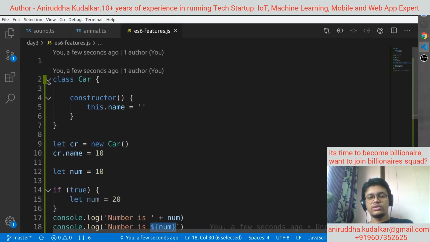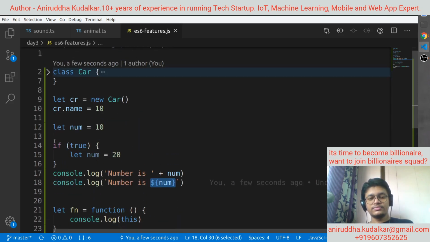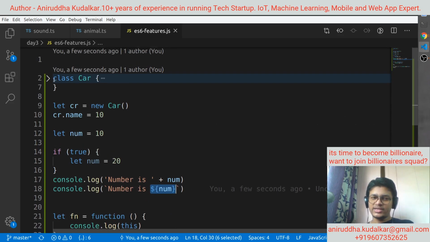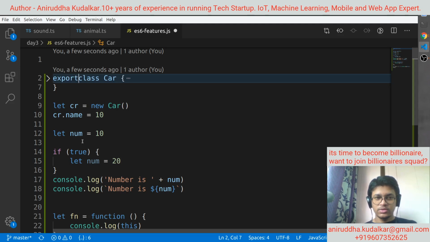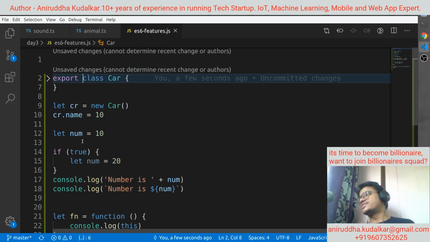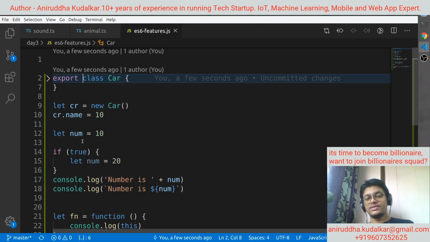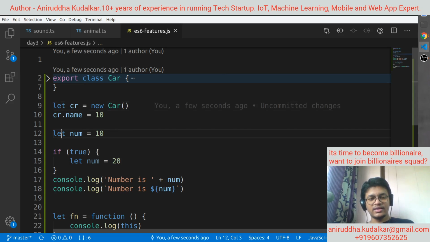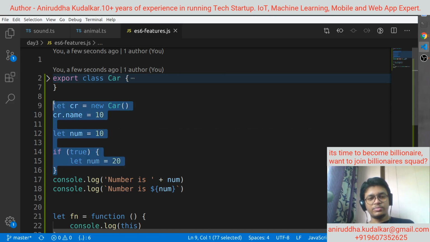So class, right? And see, export is also coming from ES6 only. The export keyword is given to you by means of ES6 only. Remember that. Then let, then we understood the meaning of let.